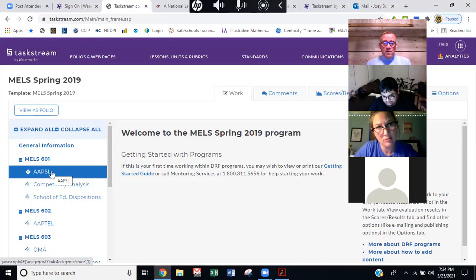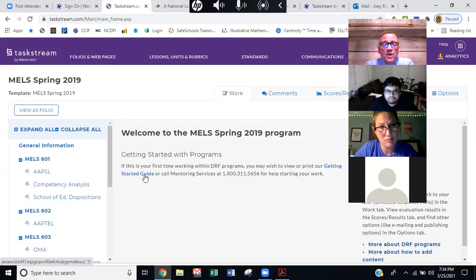So you pull those artifacts out of the Apsel. If you've got them embedded, you don't have to; you could have saved them in a separate folder. But wherever you got those artifacts, you pull them out. After you've uploaded the Apsel final evidence narrative, the whole document, and it's being evaluated, then you go into your competency folio.